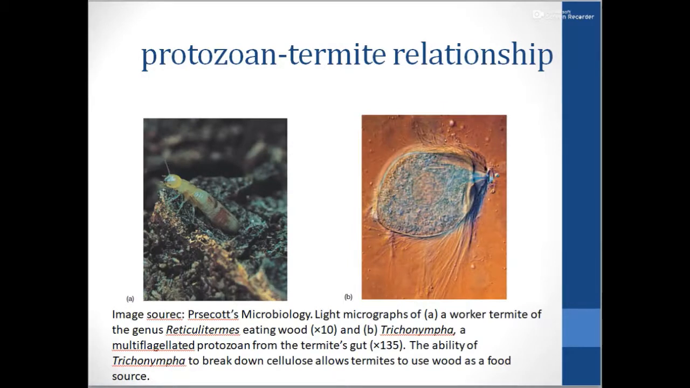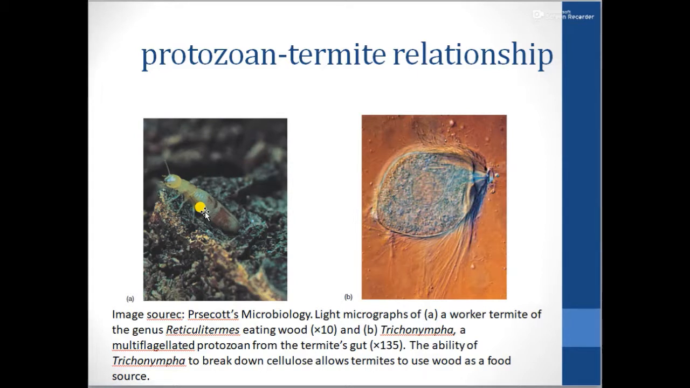One type of mutualism which we come across is in the case of protozoans as well as the termites. In the case of termites, this is an example of a worker termite of Reticulitermes. It mainly eats wood. And inside this, you can find a protozoan called Trichonympha. This is a picture of Trichonympha which has been found inside this termite,